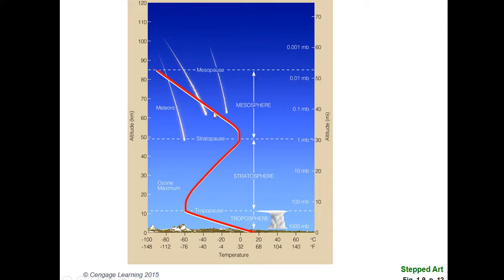So these are tiny bits of space debris, usually left behind by a comet, but when there are meteor showers, they typically happen certain times of year. That's because the Earth, as it's going around the sun, passes within the path of debris left behind by a comet, and so all that debris begins to fall, and as it picks up momentum, it hits the